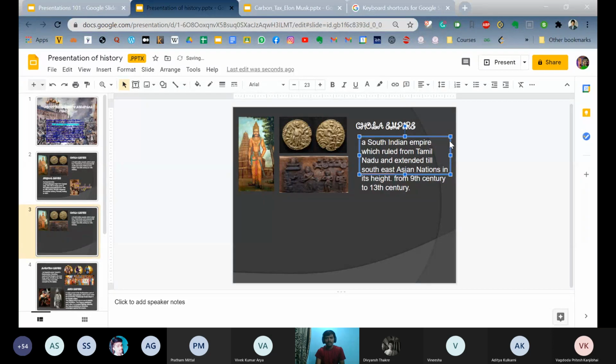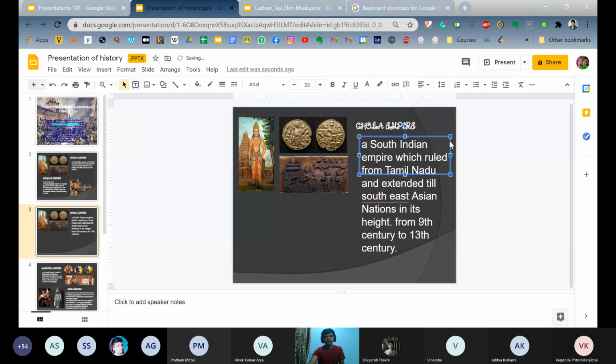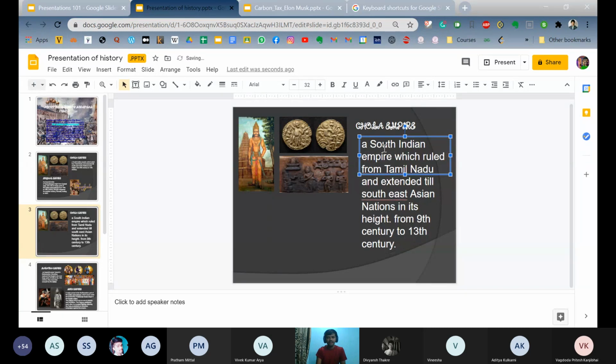That will increase your font size. Control plus less than gives a smaller size. You get less than by pressing Shift and comma, whereas you get greater than by Shift and full stop.